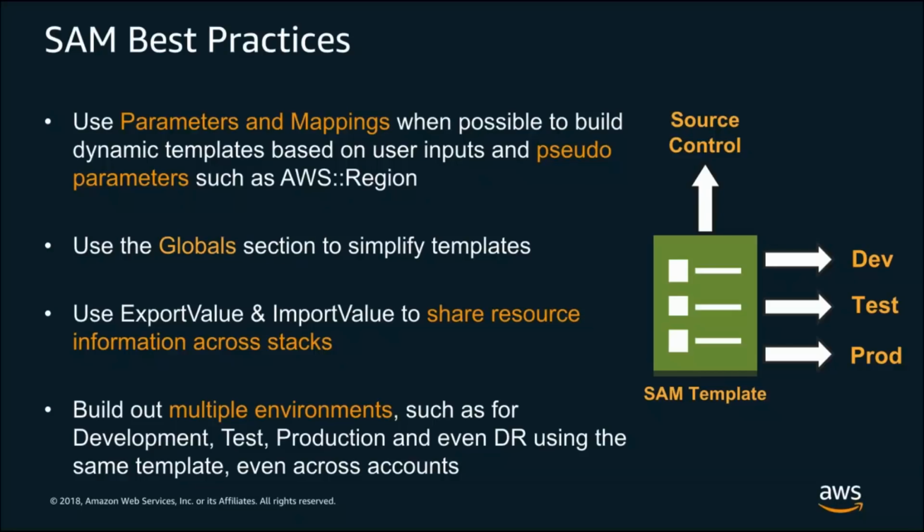Use the global section as much as possible to help simplify where you're doing repetitive lines inside of your template. You can set a number of same defaults inside of the globals, and then where necessary, overwrite them as required. We didn't go too much into it in this talk, but imports and exports in CloudFormation are incredibly powerful for being able to glue information about resources across stacks. So get into a habit of exporting values and looking for how you can import values, again, just to simplify the parameters and mappings that you might need.